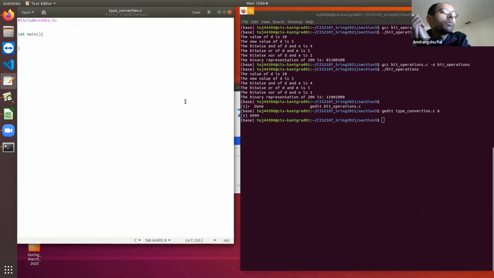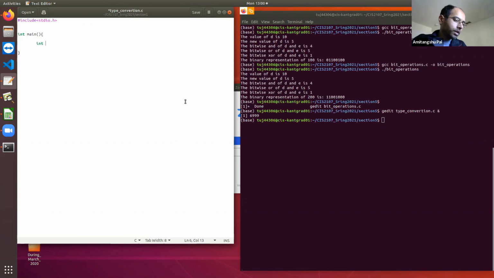But suppose we are trying to run some statements that consist of different types of data. For example, in a single statement, you have integer, float, double, character. So then sometimes you need to do type conversion. Okay, so let's see some example.